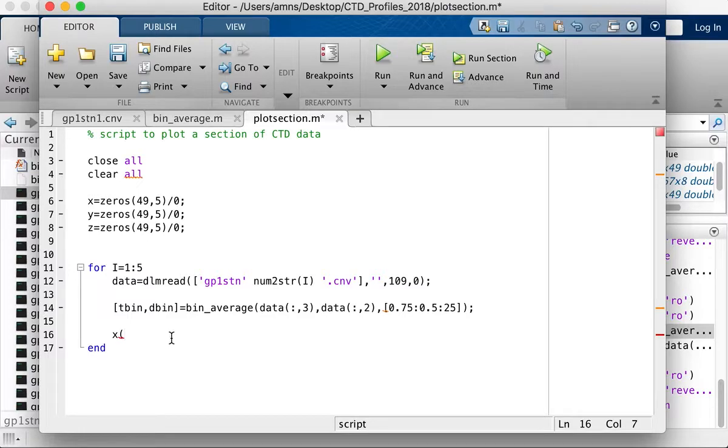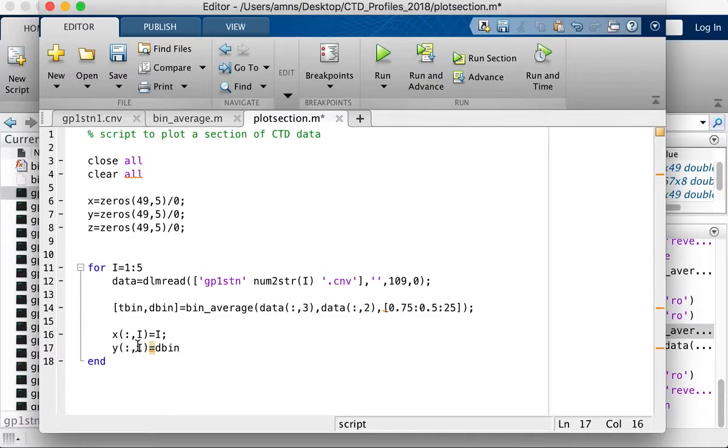So I'm going to say X of colon comma I. So when I is 1, that will be the first column of data, just made up of the value of I. We'll change that in a minute, but we're just going to start with X being the value of the particular profile number. Y is going to be